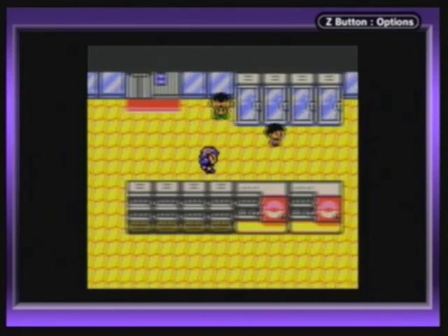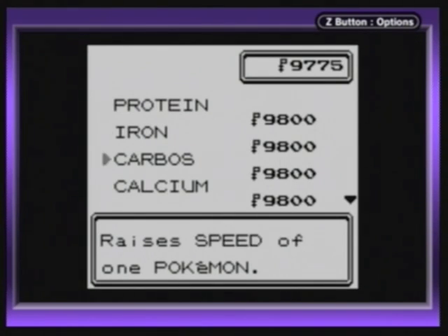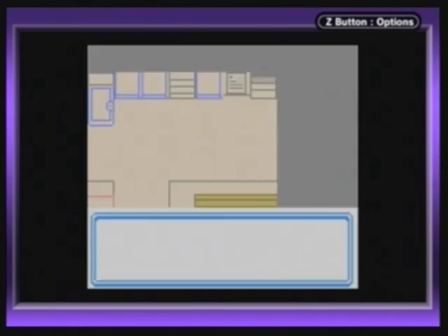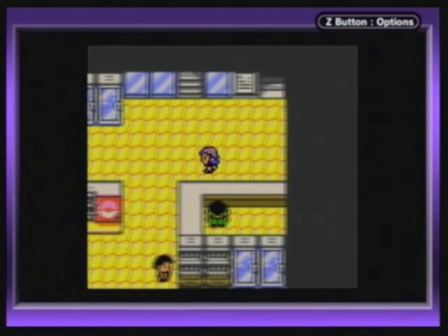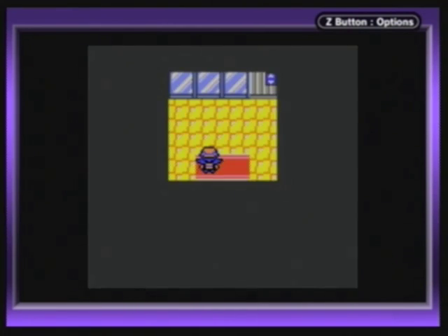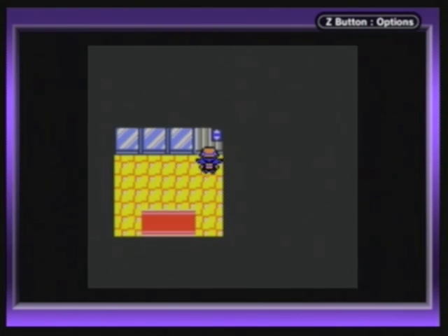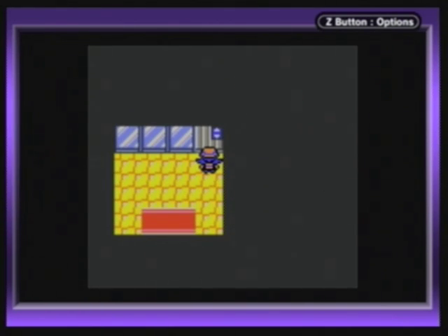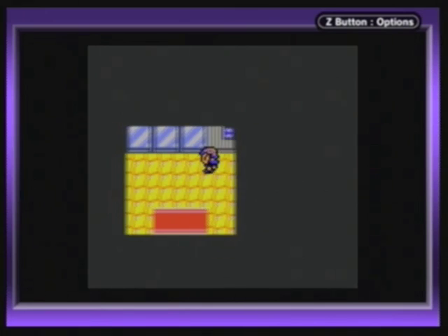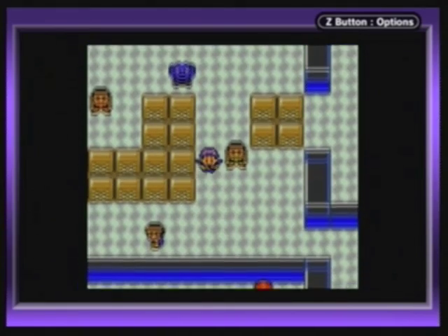Alright, so yeah, the medicine thing. Let's go ahead and pick one of these up. I need to buy stuff here anyways. Let's see. Protein, iron, carbos, calcium. Oh, shoot. Oh, man, that's right. You can't buy stones anymore. Yeah, that to me just sounded like the most unfathomably stupid thing that they did between the generations. I mean, you could buy the stones in the original generation, like in Celadon, but in this one you can't. This just made no sense, but...